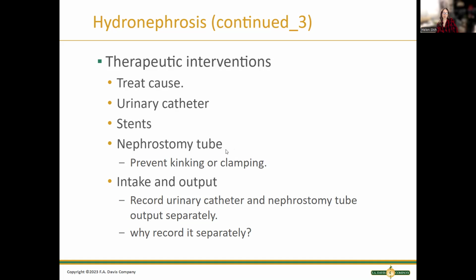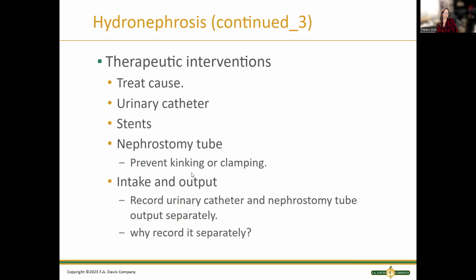A nephrostomy, again, is an opening directly into the kidney, and we could put a tube into that ostomy in order to allow for more drainage from that particular part of the urinary system. If we put in a nephrostomy tube, we have to make sure that there's no kink, no dependent loops, and no clamps being used, because again, we need a way for the urine to flow out. So if it's clamped or has a kink in it, the urine is not going to flow out of the